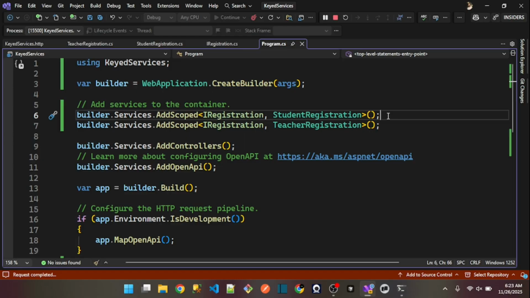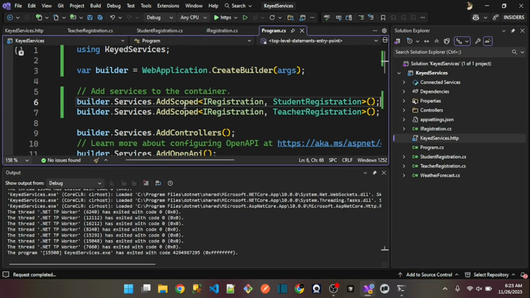Because before .NET 8, we had to use named options, the factory pattern, manual IServiceProvider and GetService method, and we just used a custom service locator. So there were a lot of things we needed to do at that time. Now, what are keyed services? Simply, what I will do here